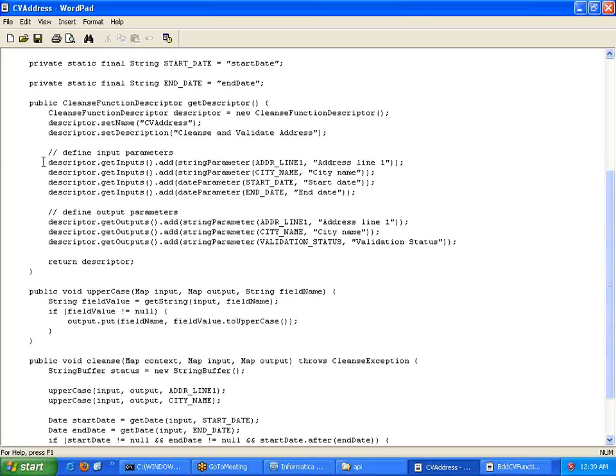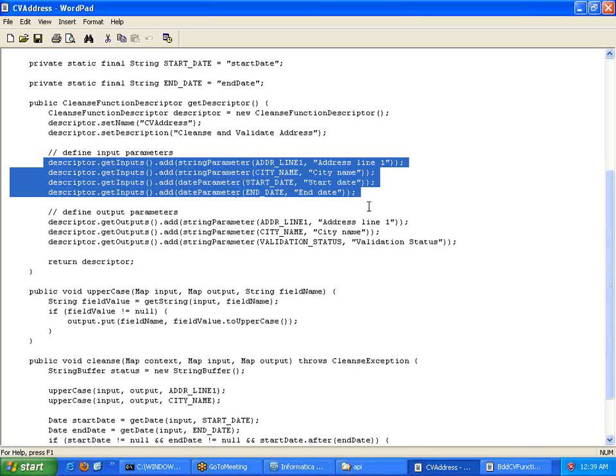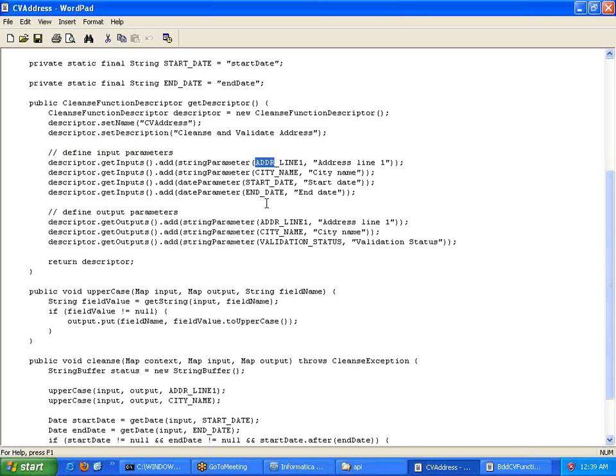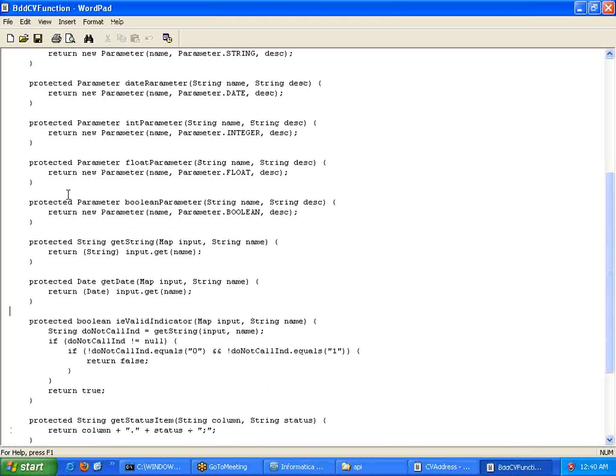So this is just a template. We just need to copy paste and use these input ports, depending upon the type. If you are going to deal with a string, then use the string parameter method, which we discussed in this function, right? If you go and look at here, you'll have the string parameter method.